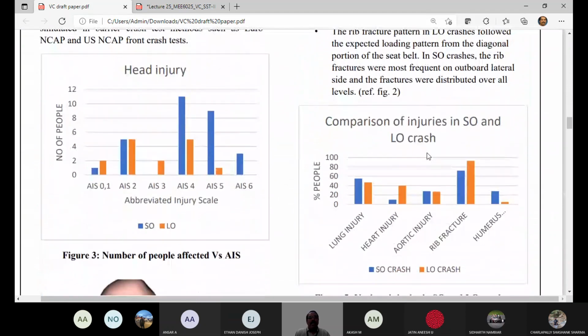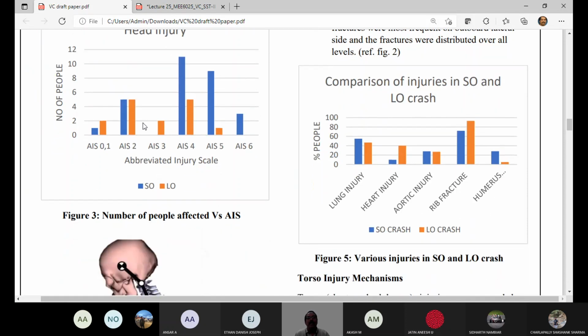And again, you could see this injury data, based on the abbreviated injury scale that we have looked at. So you look at head injury, the number of people tested, and the severity, whether it is critical. The fatal cases are very few, so the total population with fatal injury is very small. So like that, they are able to make it, and they looked at this in two colors,